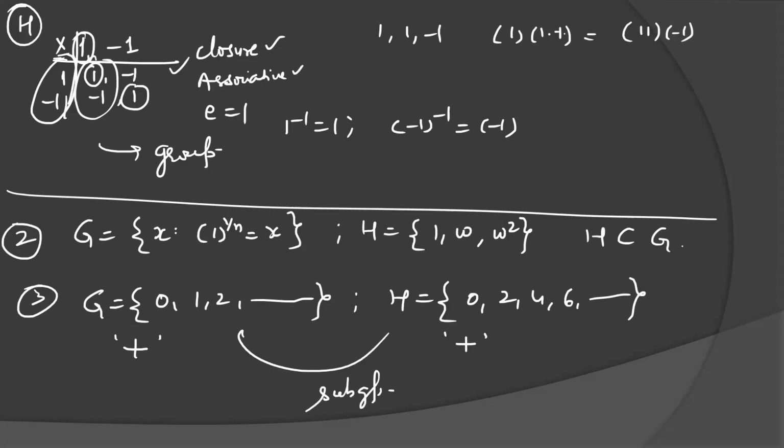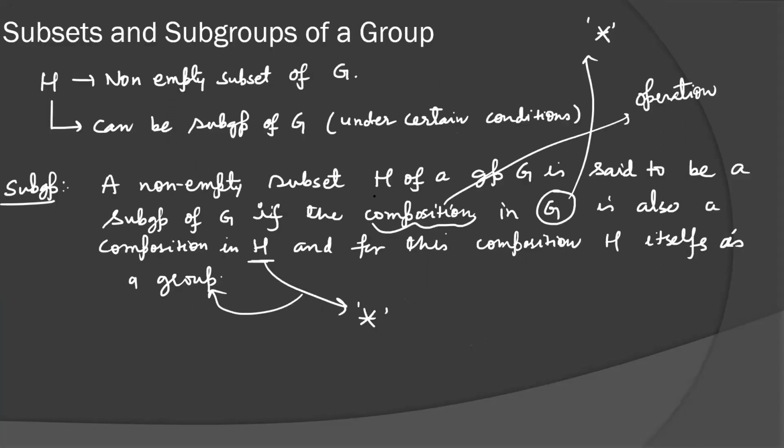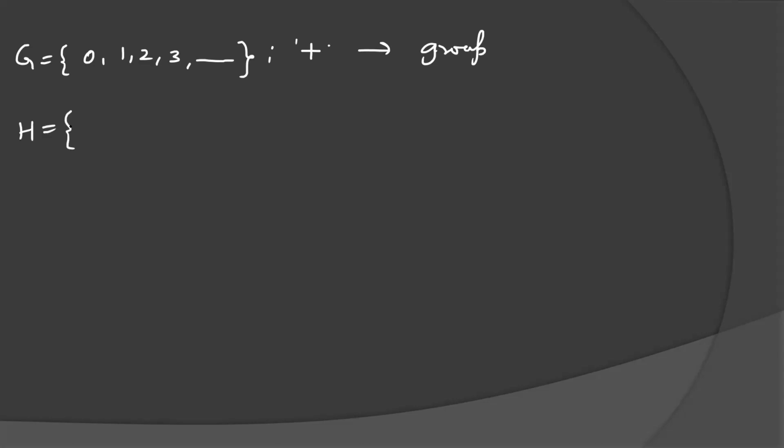But the most important point in the definition is already mentioned, and I did not discuss till now, that is composition. Same composition is needed here. What is the meaning here? Let's take a group G. G is a group of integers 0, 1, 2, 3, 4, and so on, and I'm taking the operation as addition. We know that very well. This is a group. Now if we take a subset H, I'm taking a subset, not claiming subgroup.